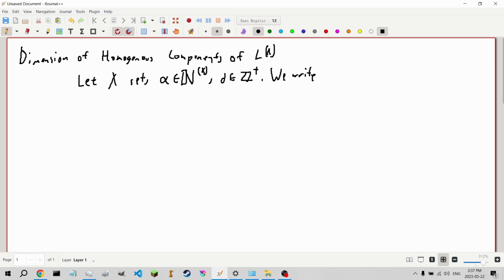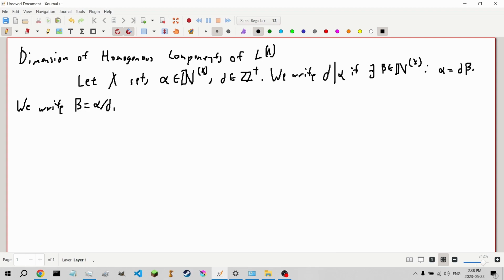We write that D divides alpha if there exists this beta such that the elements of alpha are the elements of beta scaled up by D, not B. We then write, in this case, that beta is alpha over D, which we see is obviously going to be unique if this exists. And that motivates the following lemma,